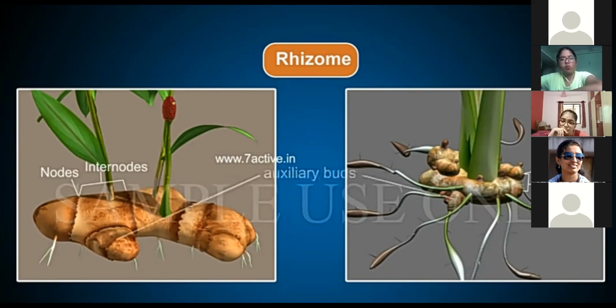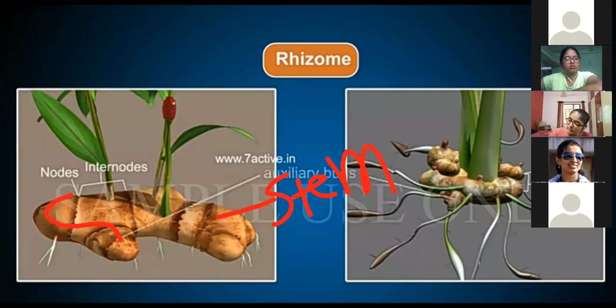Now, if you can observe potato, ginger, turmeric, right? If you want to grow this thing, we don't need a seed actually for this. This vegetable is enough to grow a new plant. So that property we call vegetative propagation. This is basically stem, yes or no? This is basically stem. And from the stem, from any vegetative part, root, stem or leaf, when we are able to grow an entire new plant, that we call vegetative propagation or vegetative reproduction.